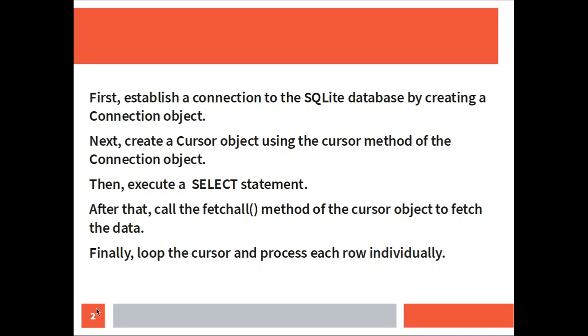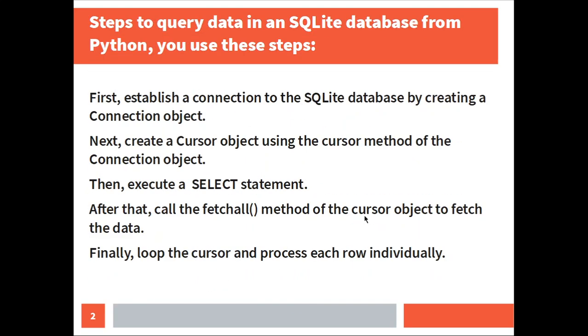That means a portion of the table can be taken and put in as a row set in a cursor, and then we can use any process as we wish. Then we have to execute a select statement. We know that a select statement is a statement which selects a set of rows based on some conditions.